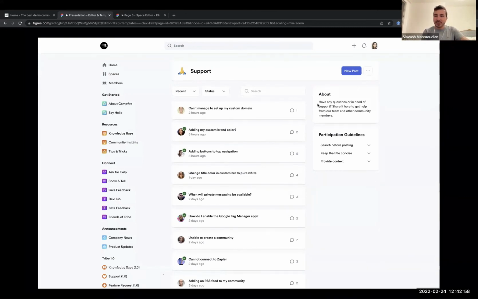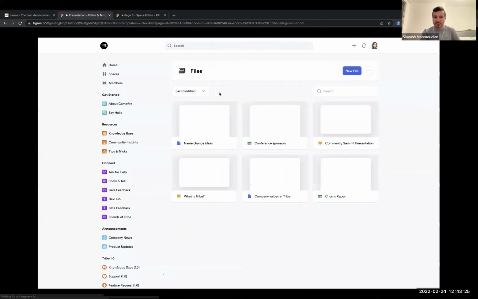So in here, we have some blocks, but in this case, it's important for you to understand if something is resolved or not. So a resolved Boolean will be there, true or false, where people can actually mark things as resolved. By default, it's ordered by recency, but you can easily change it to order based on, I don't know, number of comments, or you can filter based on all the ones that are not resolved yet.